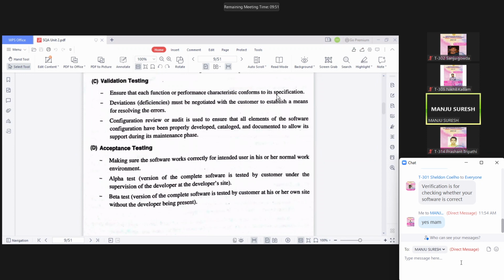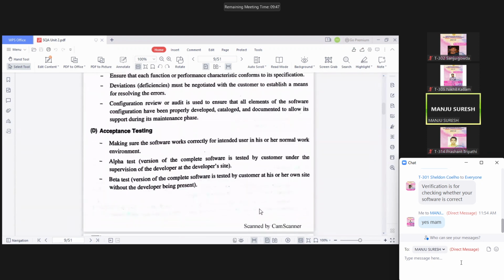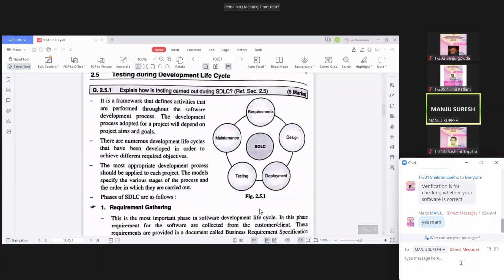See, what is that, SDLC? See, next, this one. Okay, you have requirement, you have design, you have deployment, you have testing.